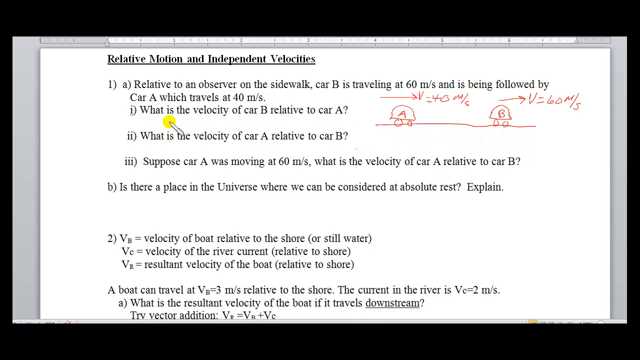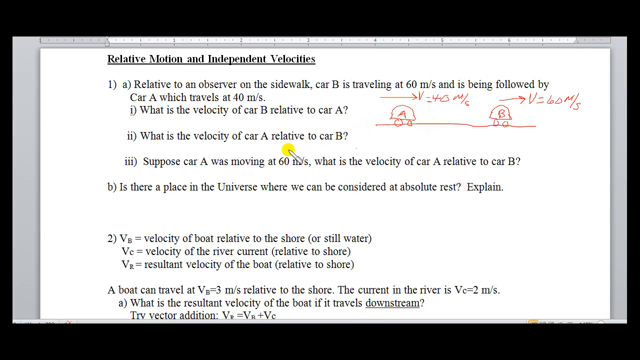Here's some questions. What is the velocity of car B relative to car A? That is, if you are in car A, what would you say the velocity of car B was? Another similar question, what is the velocity of car A relative to car B? That is, put yourself down in car B and look back and ask yourself, what velocity do I see car A